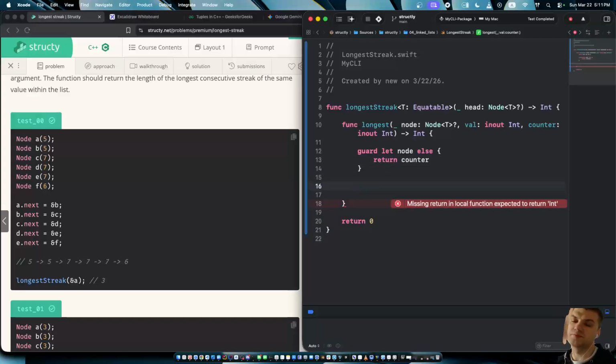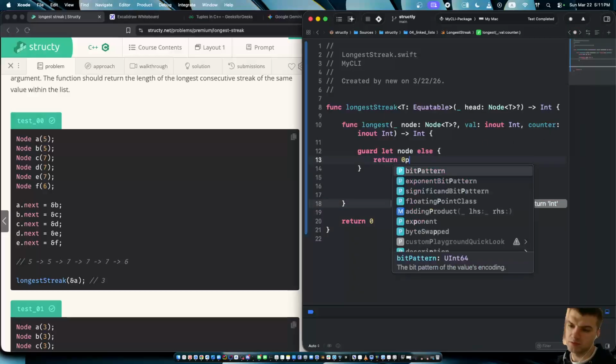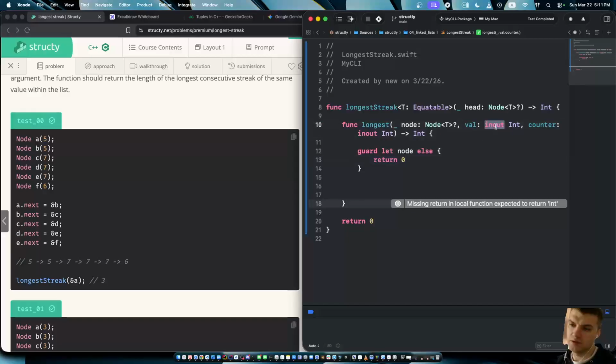So I will do, if I just return 0 here, and then I'll have here somewhere outside, I'll have this int var global max equals 0, and then I'll do